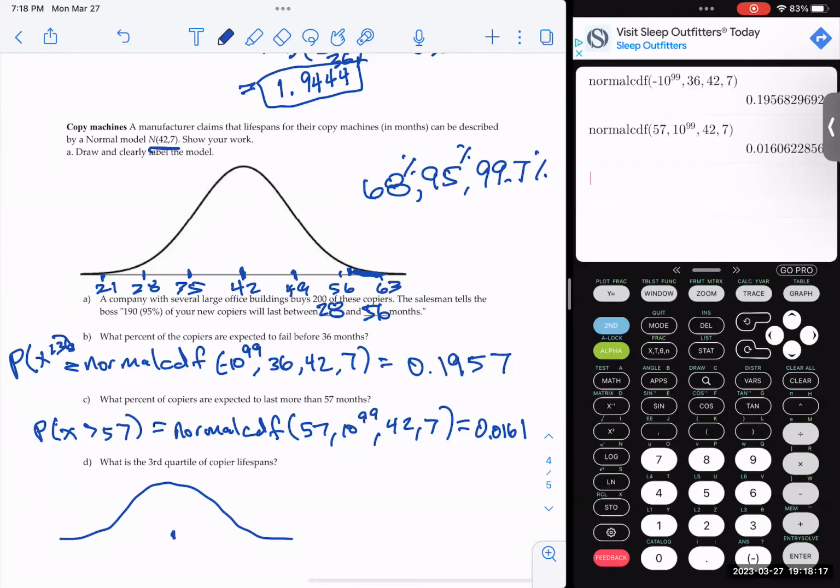So 75th percentile, we know 42 is 50th percentile. So someone said 49. Now 49, I honestly don't know. I know one standard deviation gives me that middle 68%, which means if I cut that in half, 68% divided by 2 is 34%, right? And so if I went 34% above the 50th percentile, that'd be like the 84th percentile. So 49 is actually a very reasonable estimate for that. Harley, did you have a